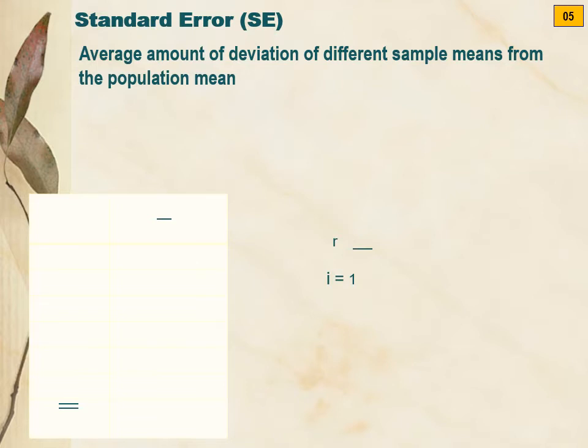The population value will be only one unique value, but different samples will give you different values. You are interested in the population value, the parameter. So the difference between the sample mean and the actual population mean is the error component.